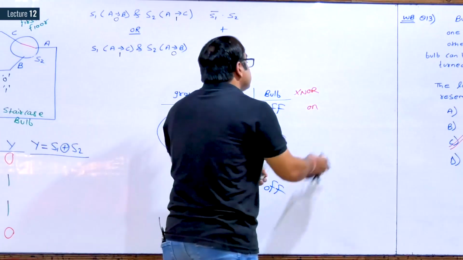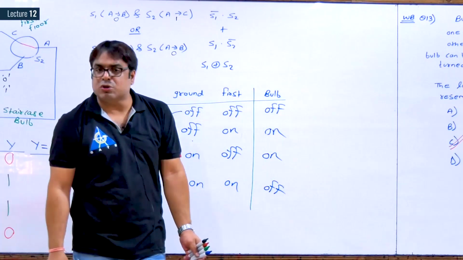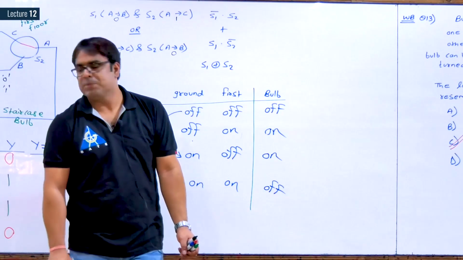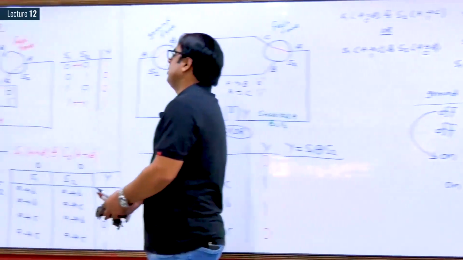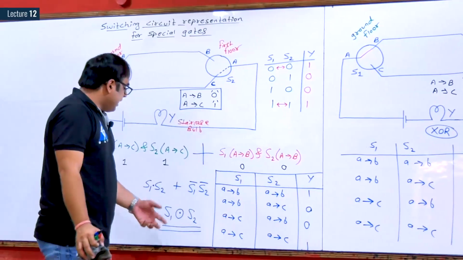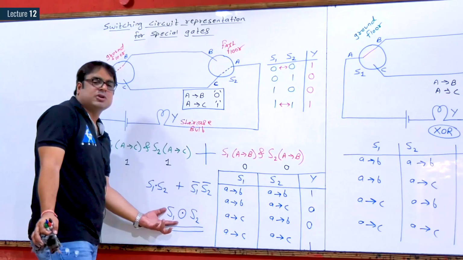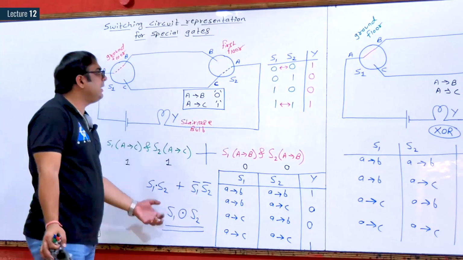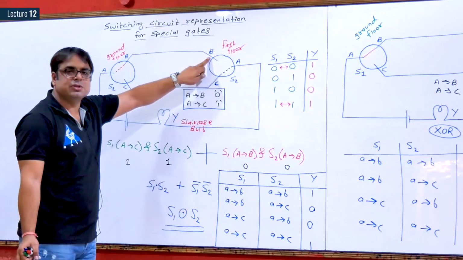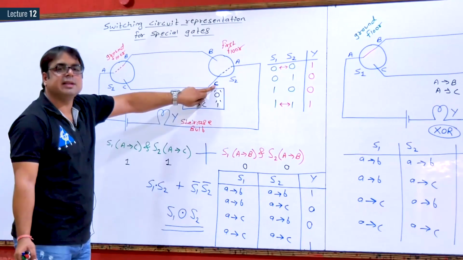So this situation, whatever we have discussed, is possible with both XOR and XNOR, but it is expected to use an XOR gate. Okay. So see how we can change XOR to XNOR or XNOR to XOR. If your electrician wants to implement XNOR logic, how will he implement it? He will connect terminal B of one switch to terminal B of the other switch, or terminal C of one switch to terminal C of the other switch.